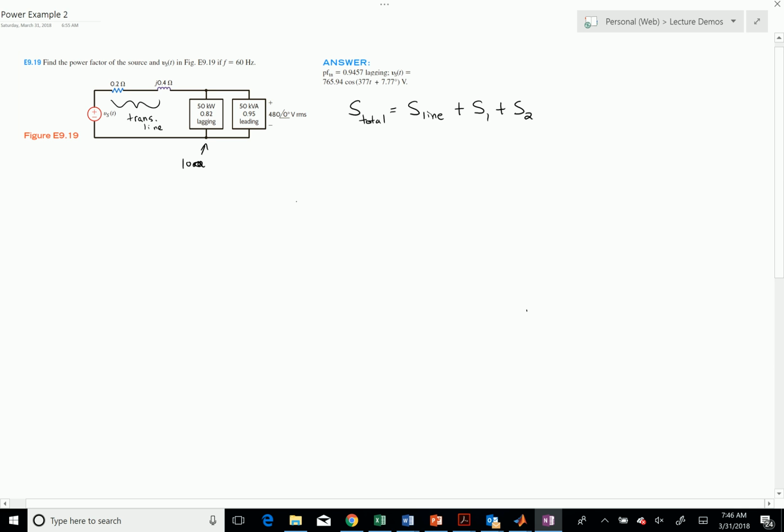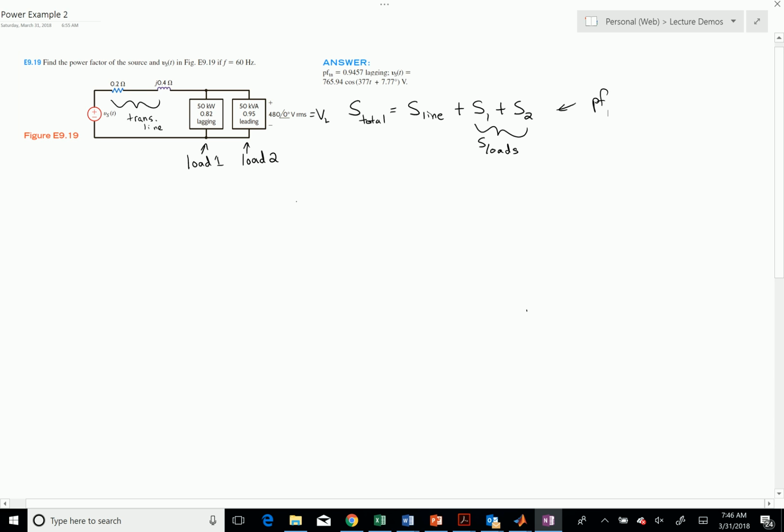load 1, and this is load 2. This guy I'm going to refer to throughout as S loads. I'm also told the voltage across the loads is 480 volts with 0 angle. So my goal is to get S total. Once I get this guy, I can get the power factor, and from that,